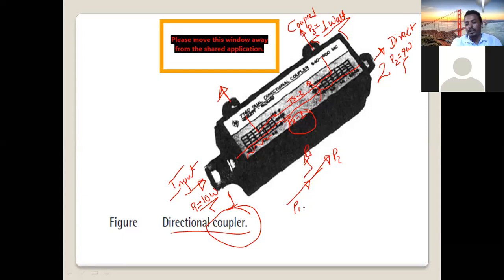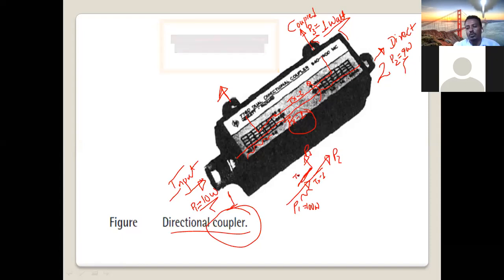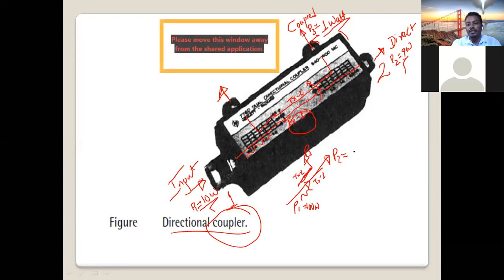So if you apply a 100 watt signal here, you transmit it here. So this is our TX1, transmission line 1. There is another transmission line here, TX2, right? Now this power is transmitted directly at P2. Here at port P2, we may get 90 watt. Okay, 90 watt power. What will happen to the remaining 10 watts is transferred or coupled from TX1 to TX2